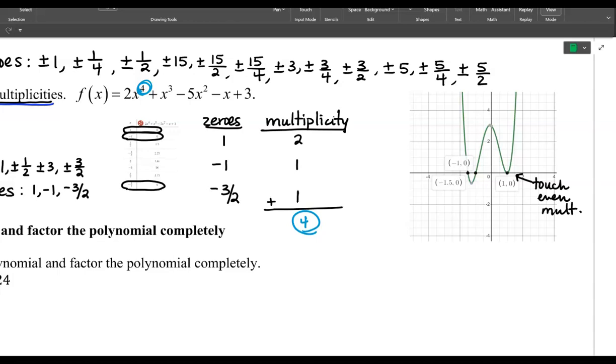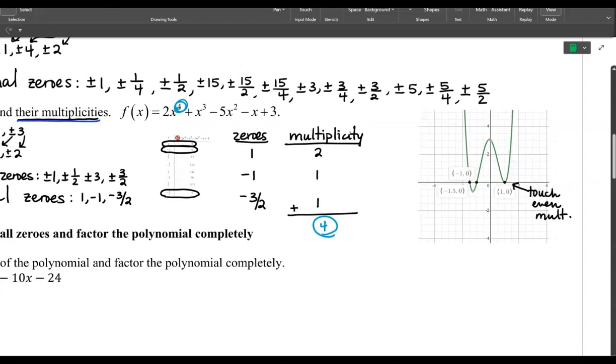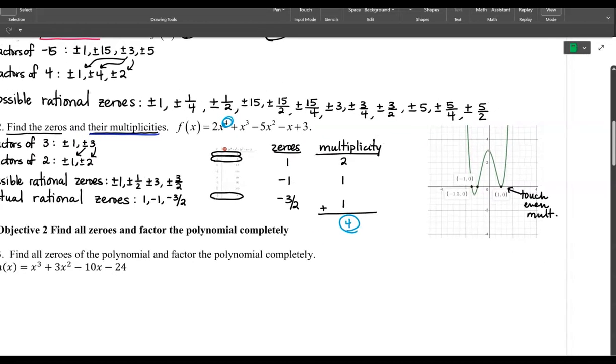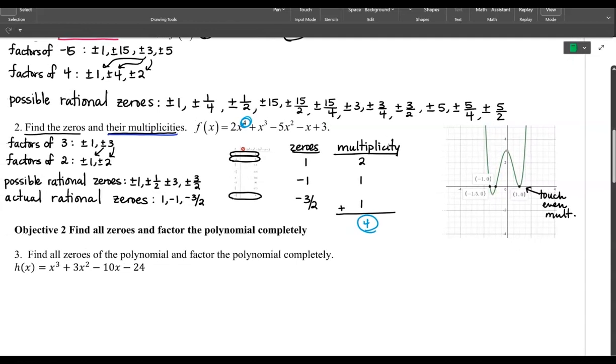And the negative 1 and the negative 3/2 are simply left with multiplicity 1. We know that they're crossing, and again, these multiplicities have to add up to the degree. We weren't asked to do that in example 2, but I do want to mention from these zeros, we can then build factors, because if 1 is a 0,